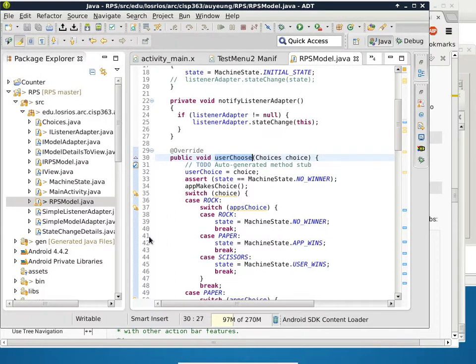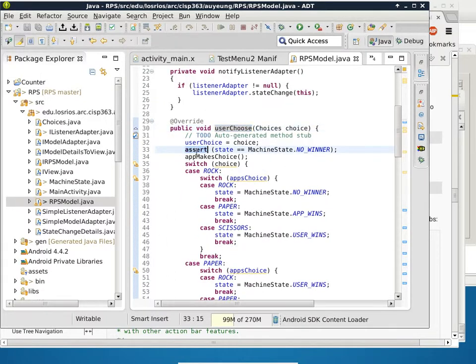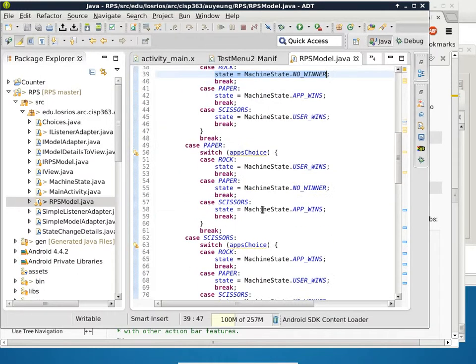The first thing I do is the assertion, but the assertion does not work, at least not by default. Based on the choice, I can look at the current choice of the application, look at the user choice, and then decide what the next state in the state machine is. So this is how the state is tracked and also changed inside the model. But only the model needs to know it. Nobody else should have to know it,